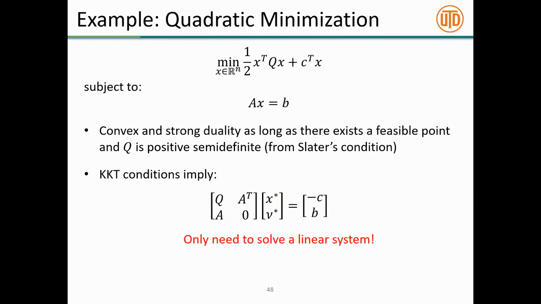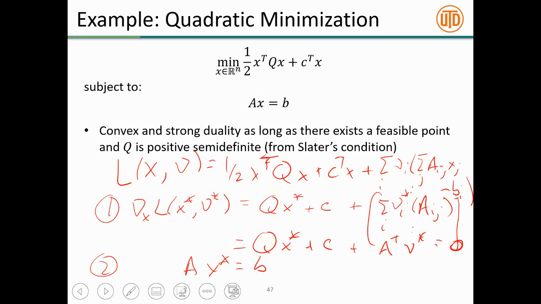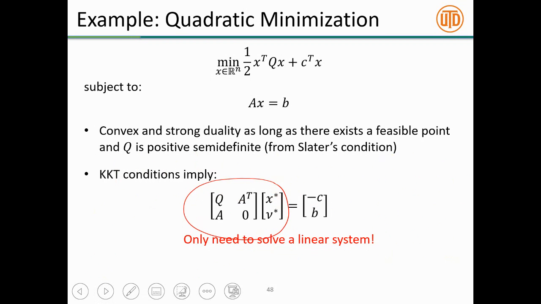I've written it in this block matrix form. So what I mean by this formulation is if I take x star and do the standard matrix multiplication, right? So I take x star times Q and nu star times A transpose, I should get minus c. And I get that just by rearranging this equation, right? This equation 1. I got Q times x star plus c plus A transpose nu equals 0, right? So I just move c to the opposite side, right? And then rewrite that in a block multiplication form.